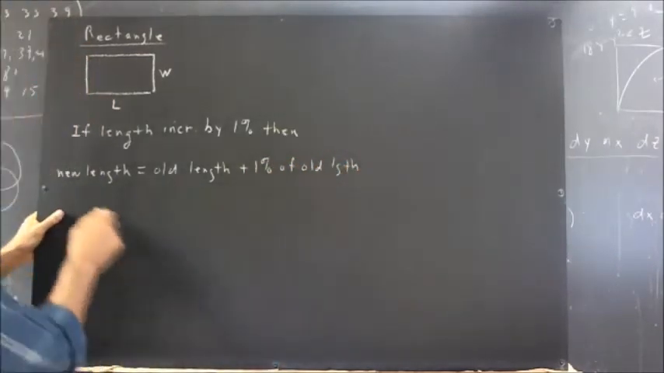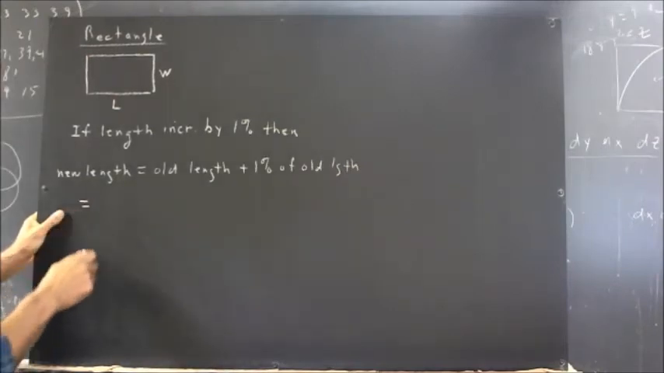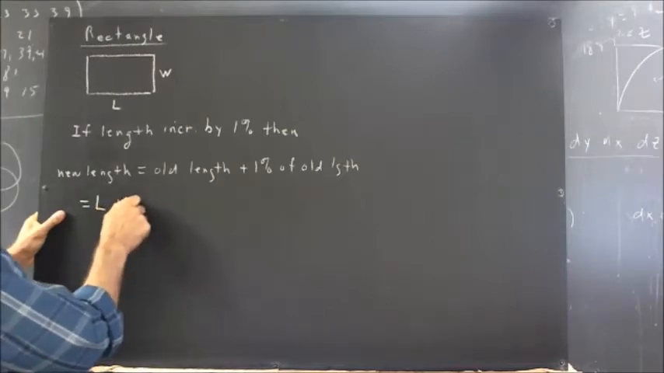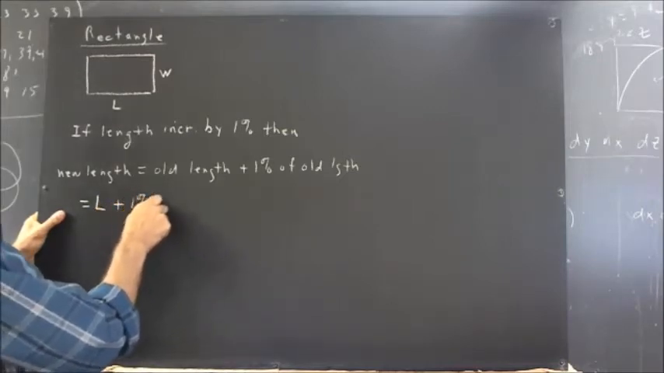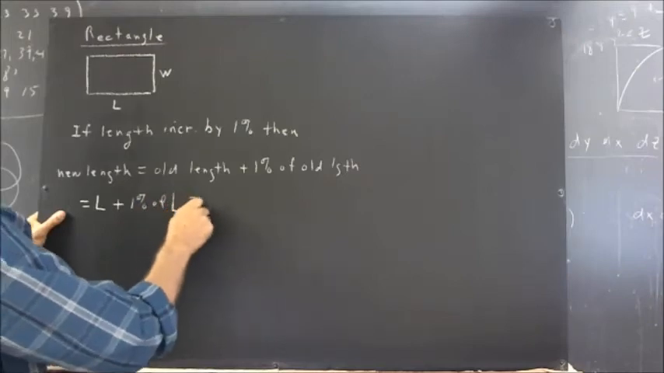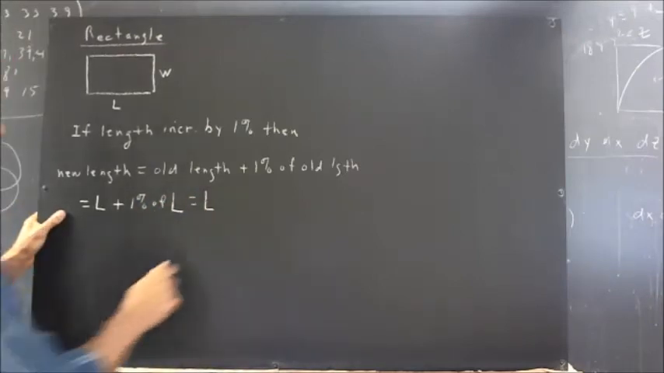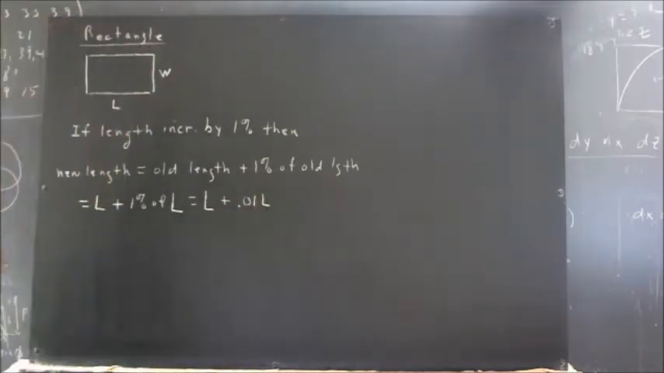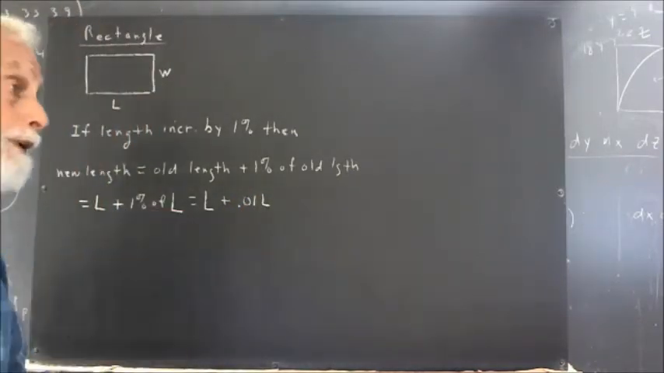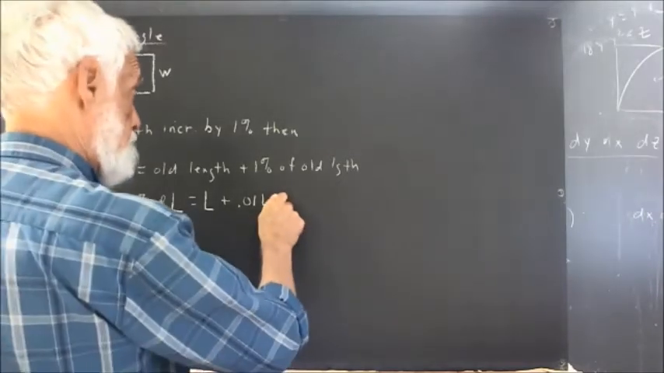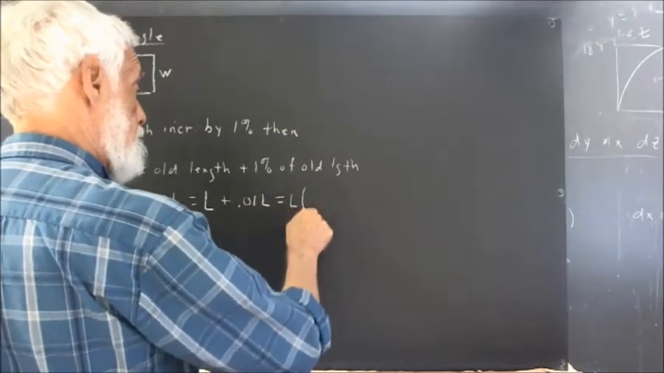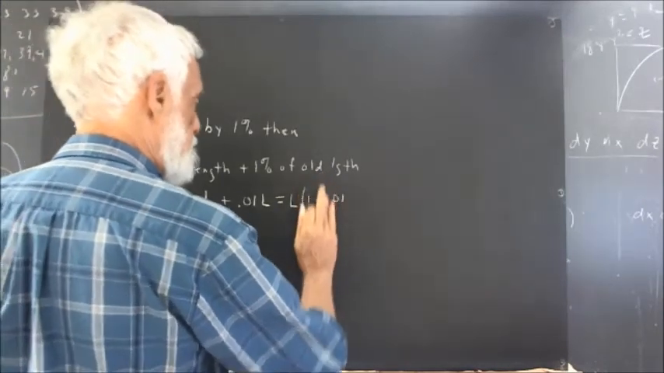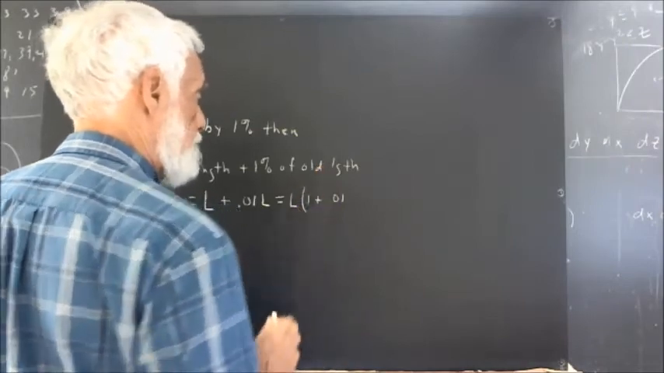abbreviating length, which equals L, the old length, plus 1% of L, and of course 1% of L is 0.01 L, and this can be simplified. We factor L out. We have L multiplied by 1 plus 0.01,